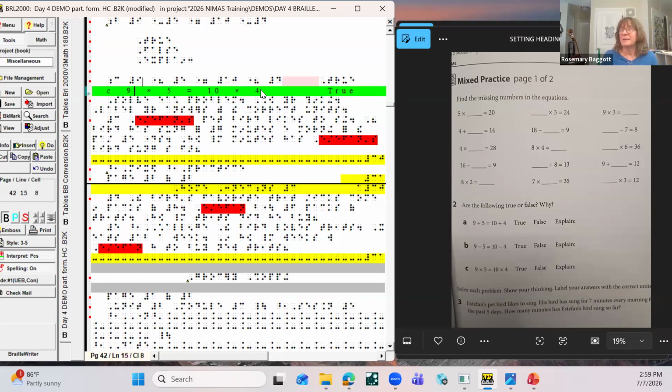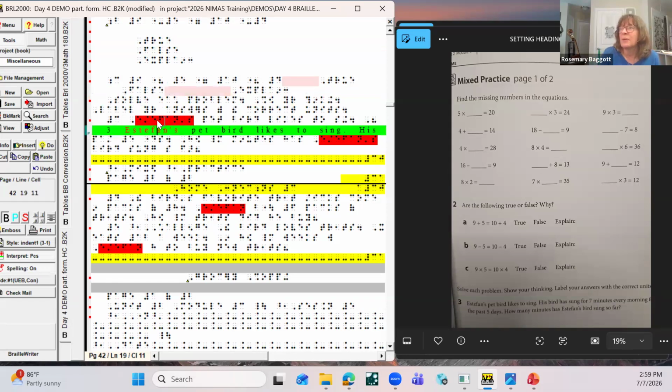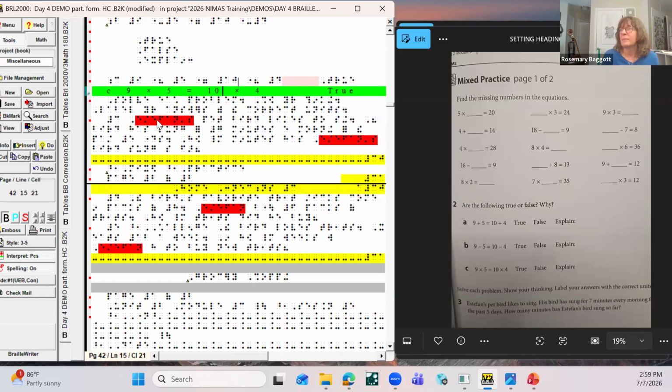But in this setting where there's a space in front of it, a space after, and a numeric indicator, it's pretty much a math problem. So that's just an example of how I use the speed Braille keys. I would, let's just say,